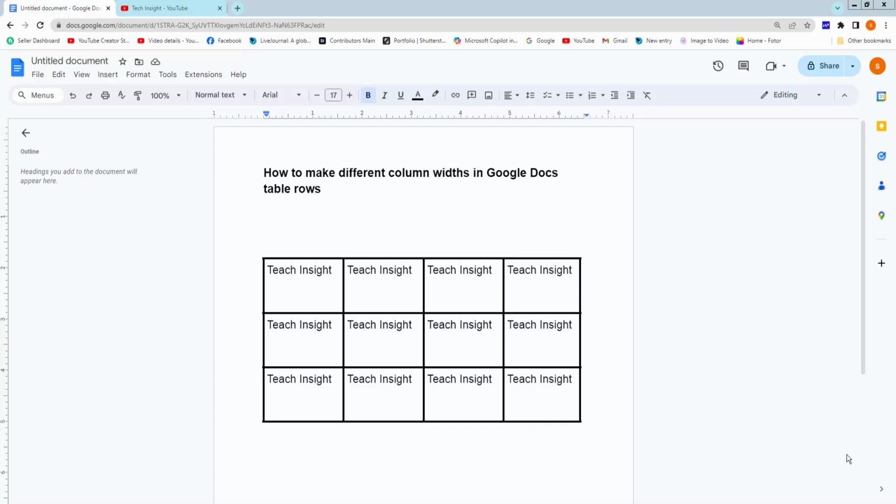Now you can see here is my document with table. Now I make different column width in Google Docs table row. You can make different column width, like go to a column and you can see here is an icon like this. Just move this icon. Now you can see I make different column